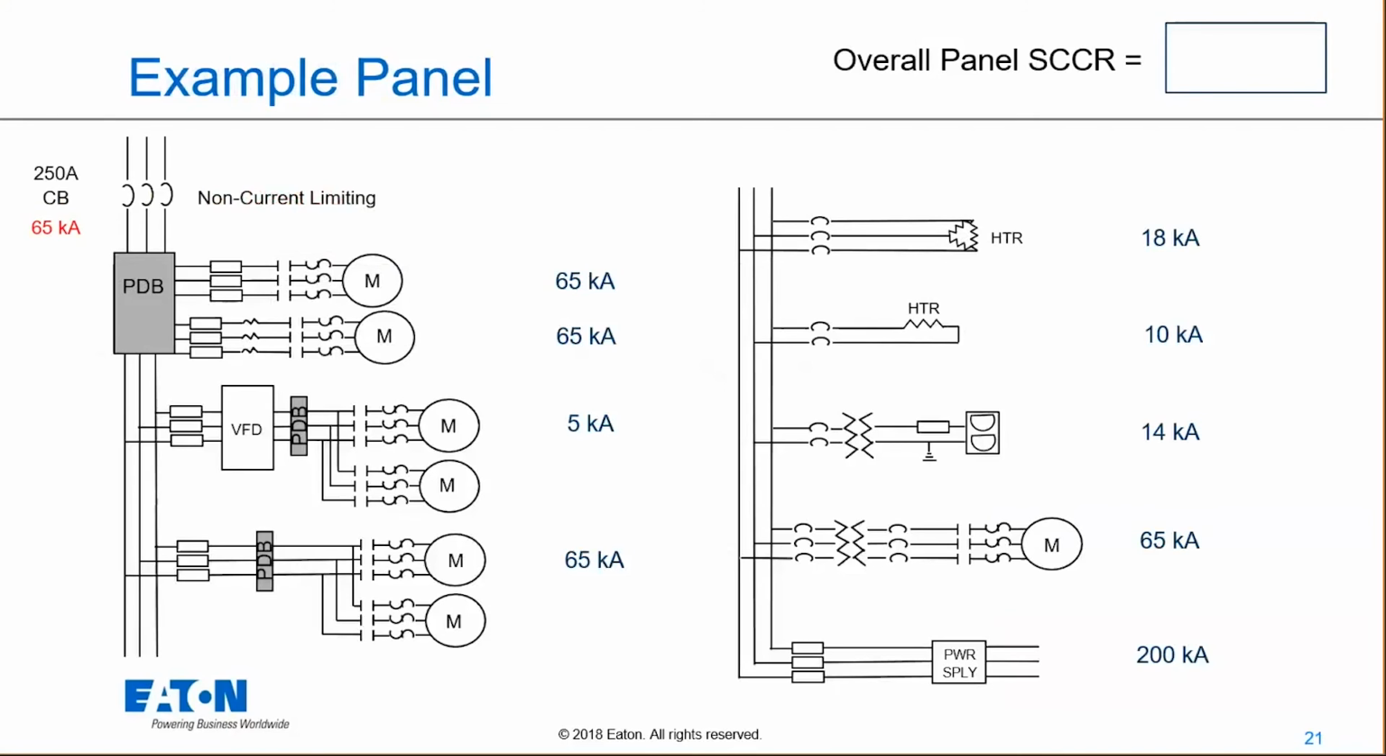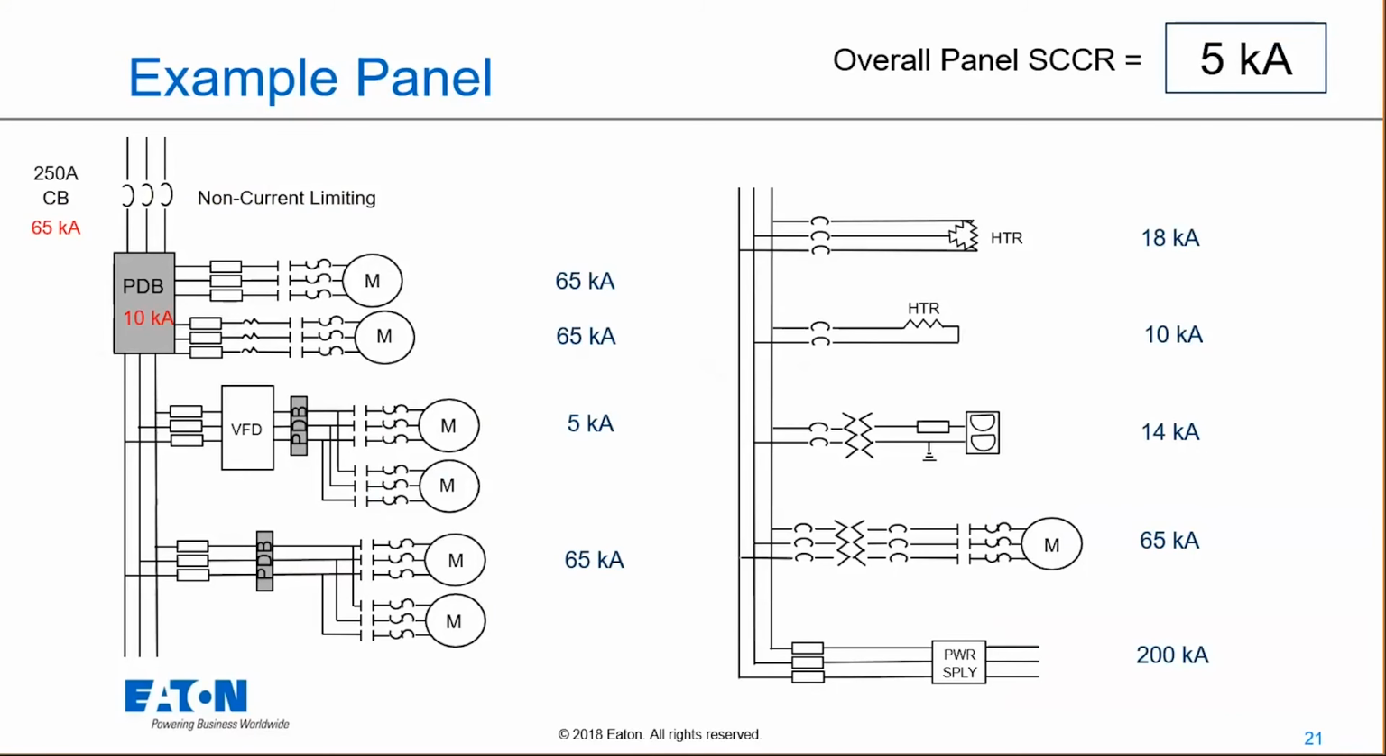So if you look at this panel right now, when you look at step 4, you take the lowest rating of all these, and that's my panel SCCR. So right now, when I look at my lowest rating of these branch devices, we're going to have a panel SCCR of 5 kA. So we take the lowest SCCR device in there, and right now that's it. I'm telling you right now, if you have an enclosed industrial panel fed by a 250 amp circuit breaker or 250 amp fuses, you're probably going to have more than 5,000